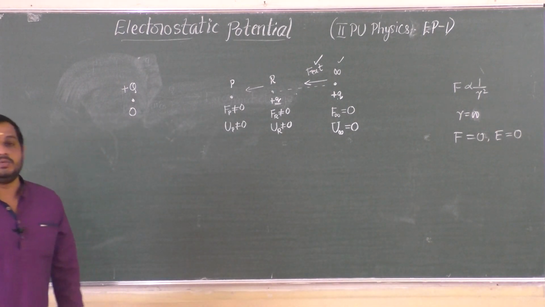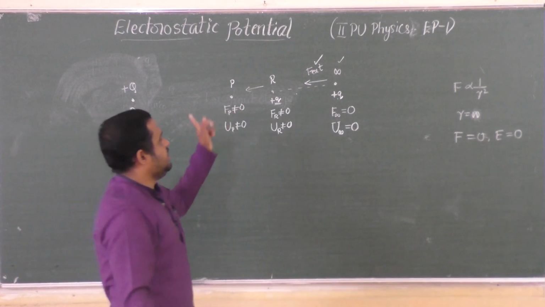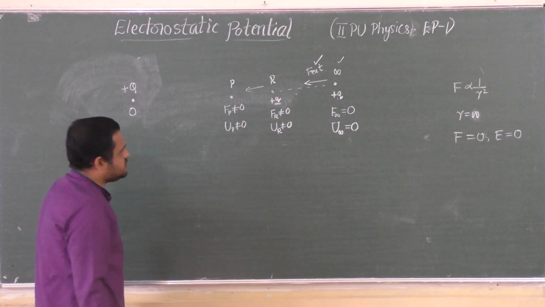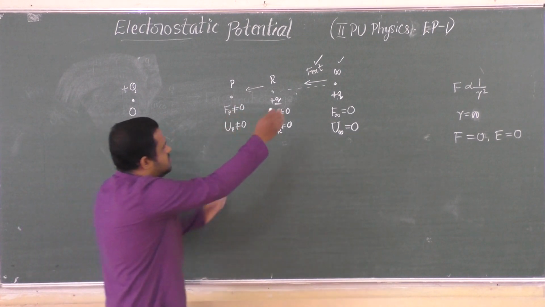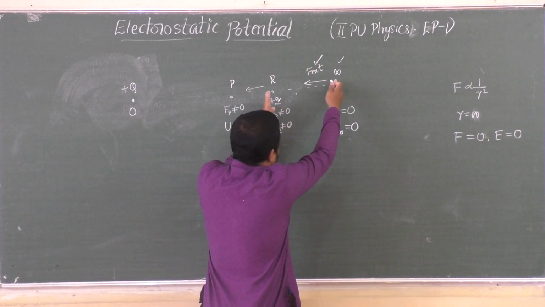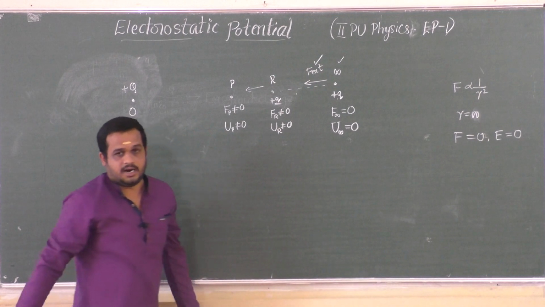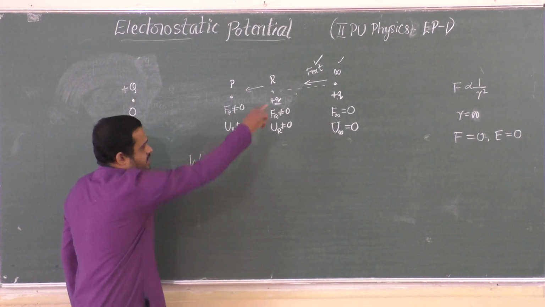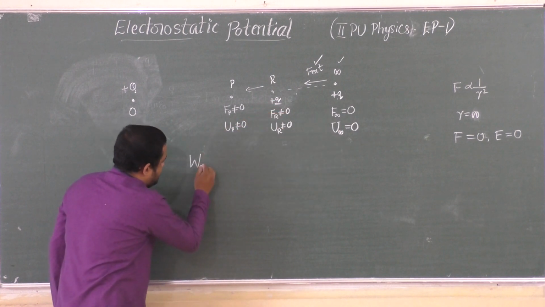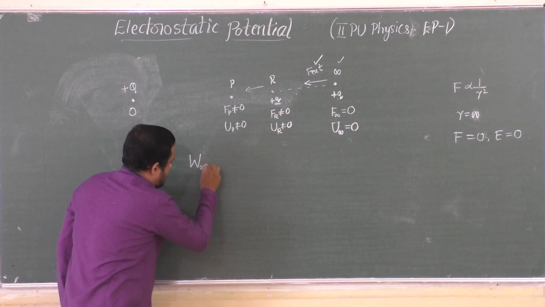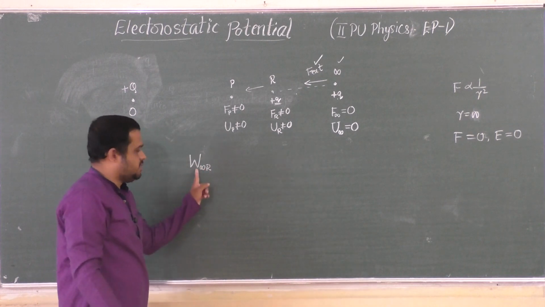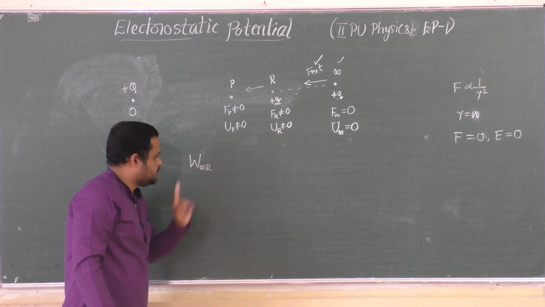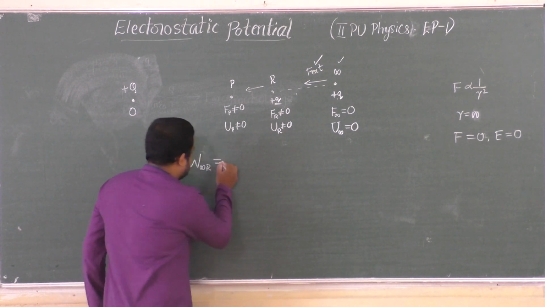Now let us try to write the expression for work done in different cases. First of all, consider the case between infinity and point R. The amount of work done in moving that plus Q test charge from infinity to point R, I'll use the notation W, work done in moving that charge plus Q from infinity to point R is equal to,